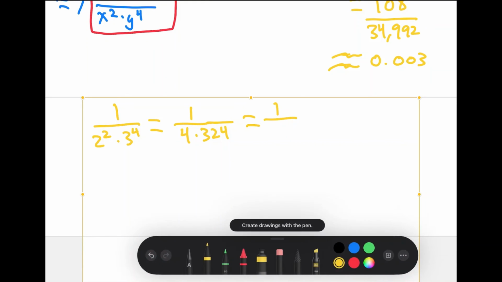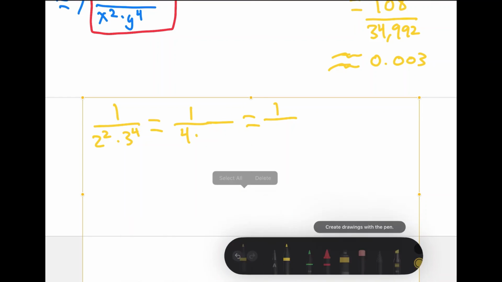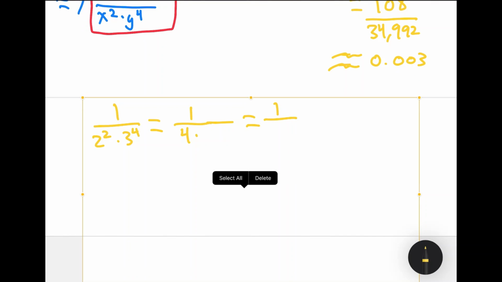Oops, I actually went ahead of myself there. So let's do that again. So 2 to the second power gives us a 4, and then 3 to the fourth power gives us 81. All right, now we have 1 over, and then 4 times 81 gives us a 324. There we go. And then if you were to put that into a calculator, 1 divided by 324, it's going to roughly give you as well